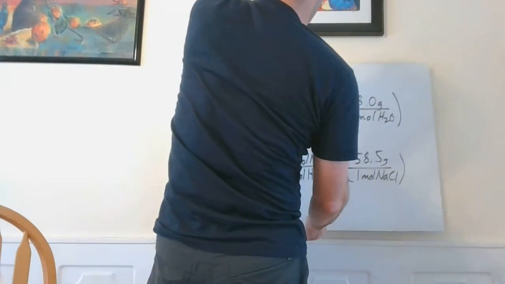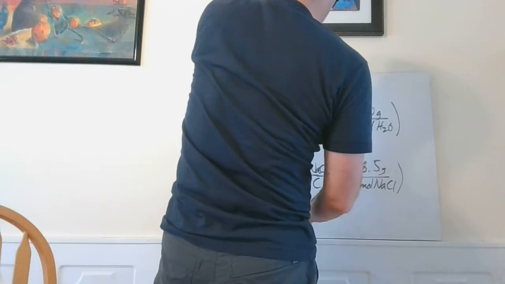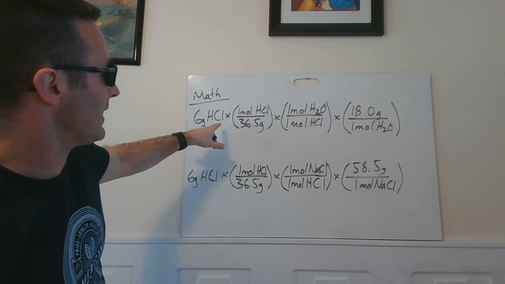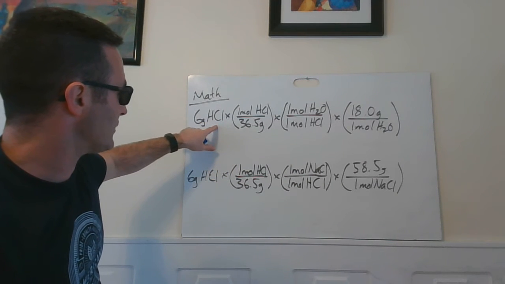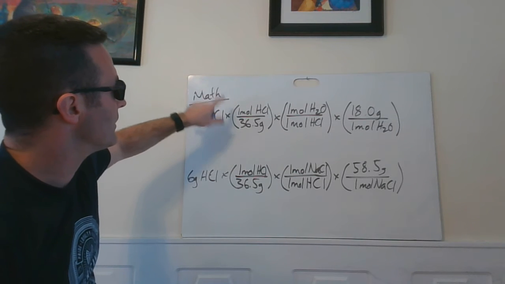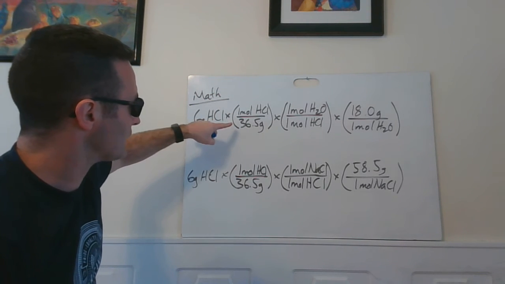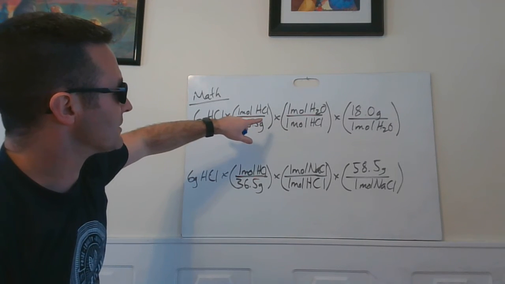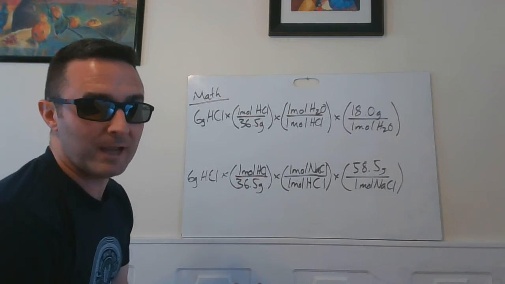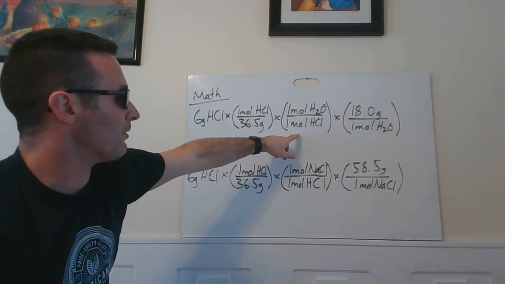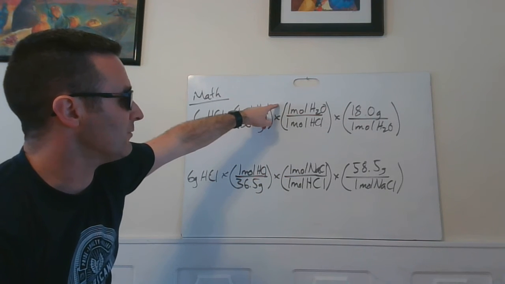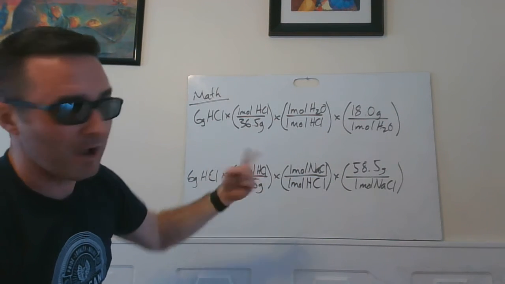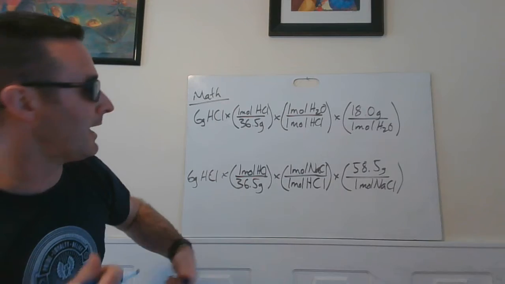And let's talk about what we're doing for our steps again here. On this first one, you're making water. So you're taking your 6 grams of hydrochloric acid. What's your first step? You're getting out of grams of hydrochloric acid and into moles, 6 divided by 36.5. Your next step is that you're doing your conversion inside your reaction, so I'm getting out of moles of hydrochloric acid and into moles of water. Last step, I'm getting out of moles of water and saying, okay, now I want to be in grams so I can have something that I can actually weigh. And when you do that,